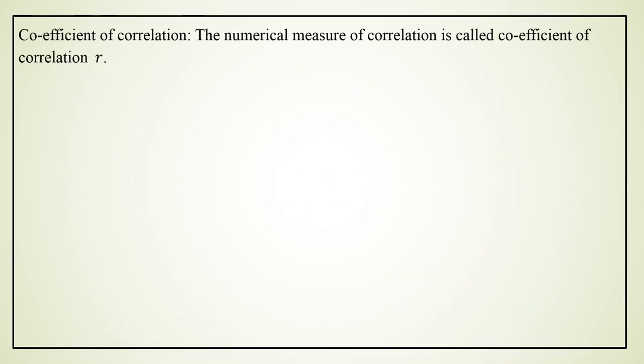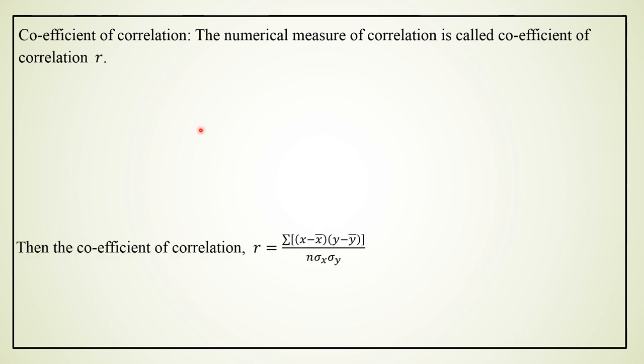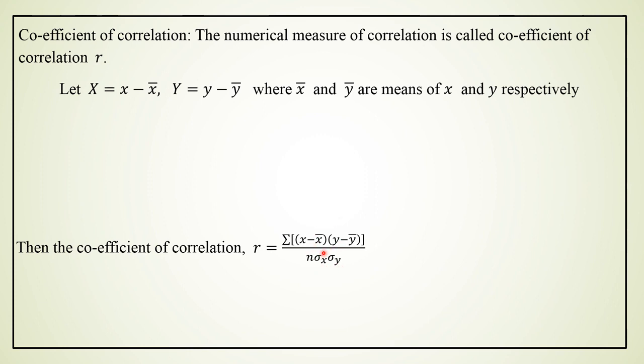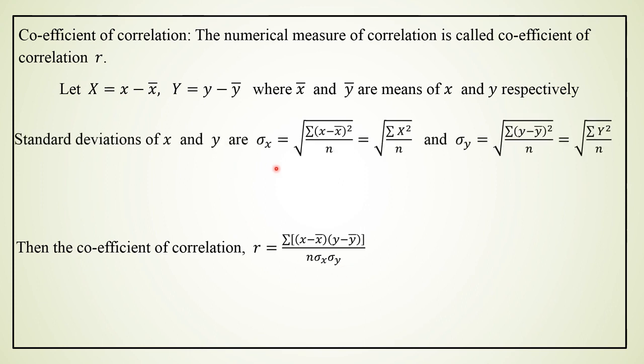The strength of the relationship between the two variables is calculated using the coefficient of correlation, and it is given by the formula r is equal to summation of (x minus x bar) into (y minus y bar) divided by n into sigma x into sigma y, where x bar and y bar are the means of x and y, and sigma x and sigma y are the standard deviations of x and y, which can be calculated using the formula sigma x is equal to square root of summation of (x minus x bar) whole square divided by n,